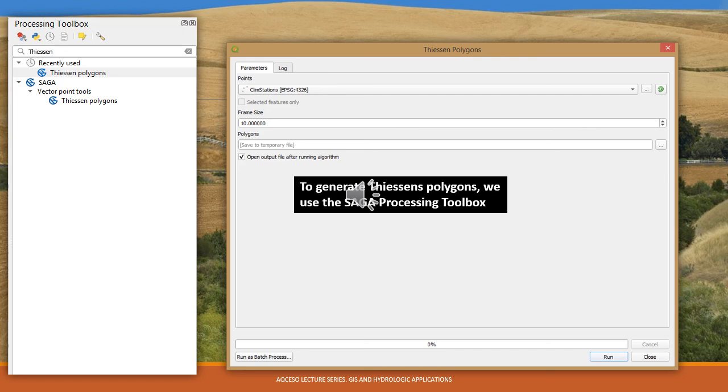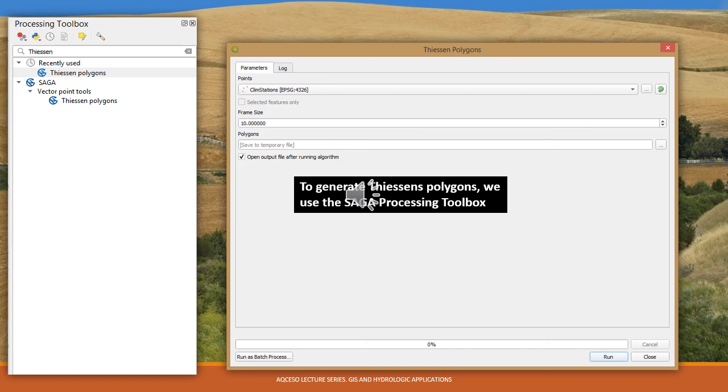After this is launched, a pop-up window will appear giving three options. The first option gives you the opportunity to load your points layer. Then the second is a window where you can enter your frame size. Typically the number there is 10, but you can put any number of your choice to suit your needs. The third selection gives you an option to create a temporary polygons file. But if you want to save, you can give it a name, and therefore create a permanent file that you can save